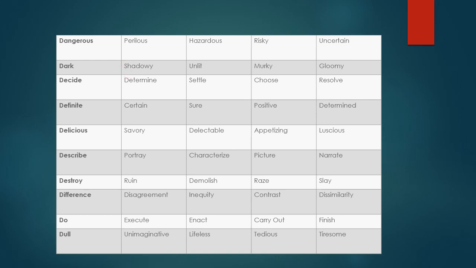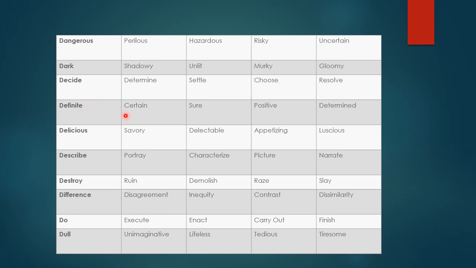See, D has so many words, right? Dangerous, perilous, hazardous, risky, uncertain. Dark, shadowy, unlit, murky, gloomy. Decide, determine, settle, choose, resolve.